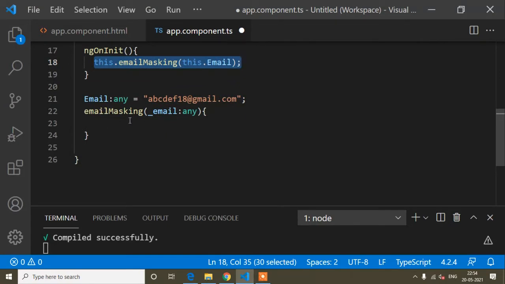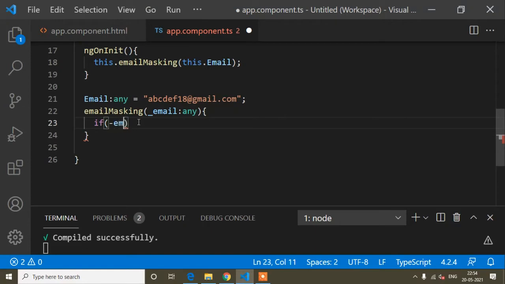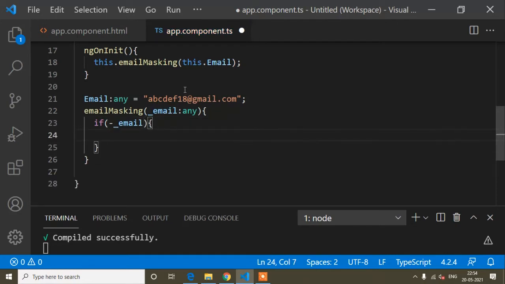After explaining all the methods, I will show you how to bind it in the HTML file. I hope you understand. Now first of all I will start to write the main code. First, this email parameter, I will copy it and paste it here. Inside this parameter, if I get any email, as you can see I passed this.email when I called this method, that variable has an email assigned.